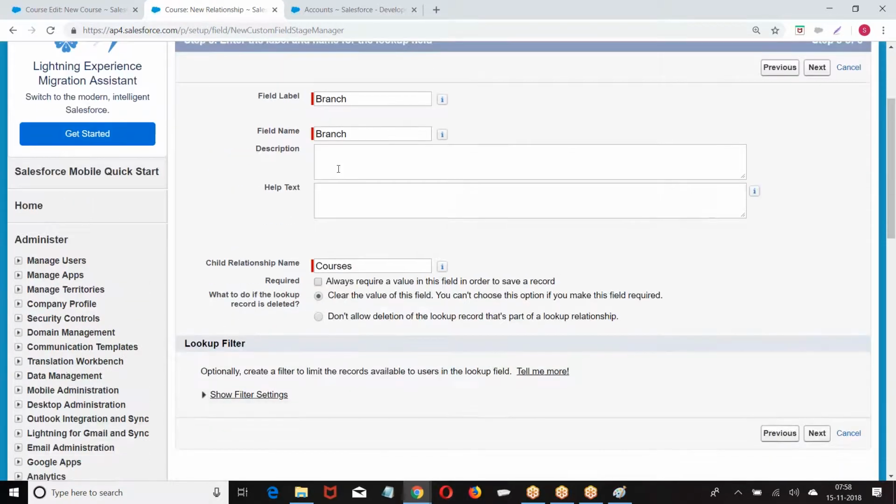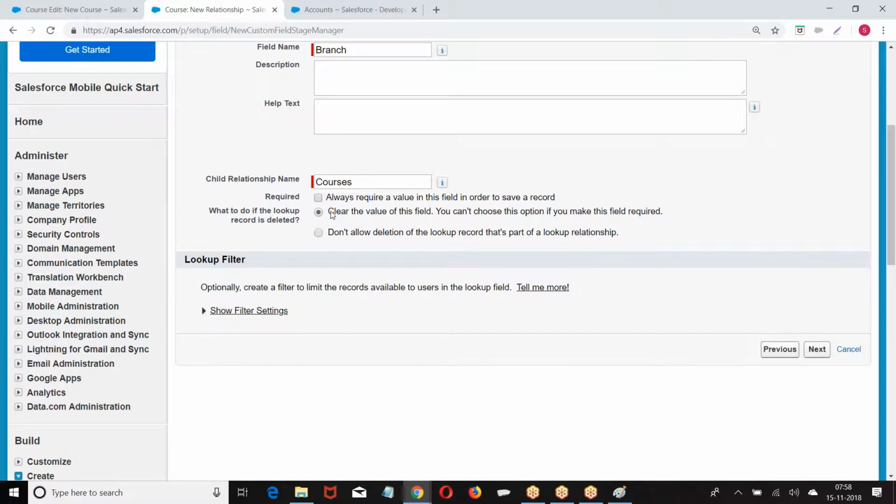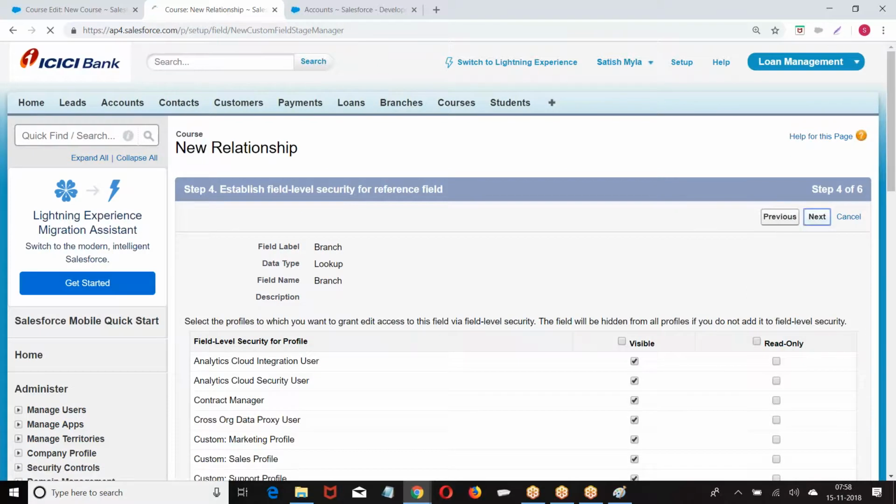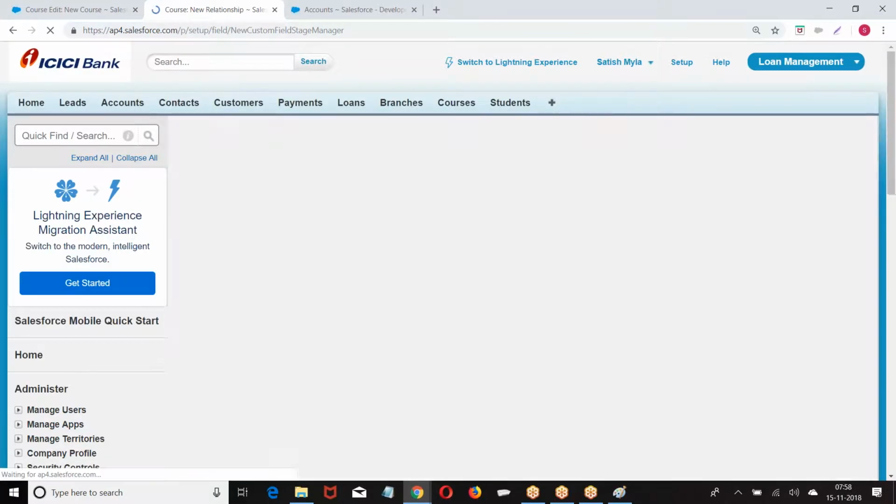There is nothing new you find here. When you delete the parent, what should happen? Clear the child lookup field, it should be blank. If I choose this option, don't allow the deletion of parent record. Lookup filter we know. Next, next, next.